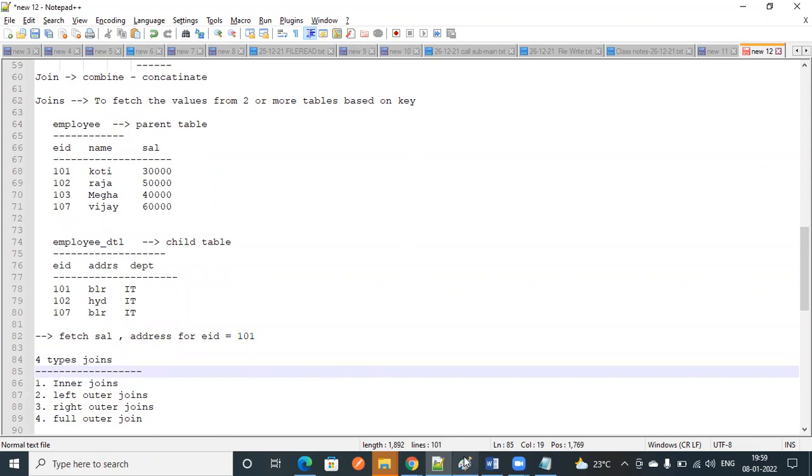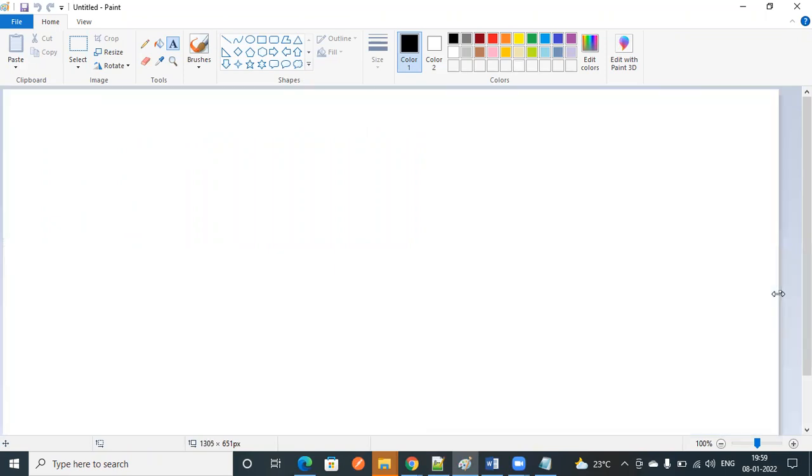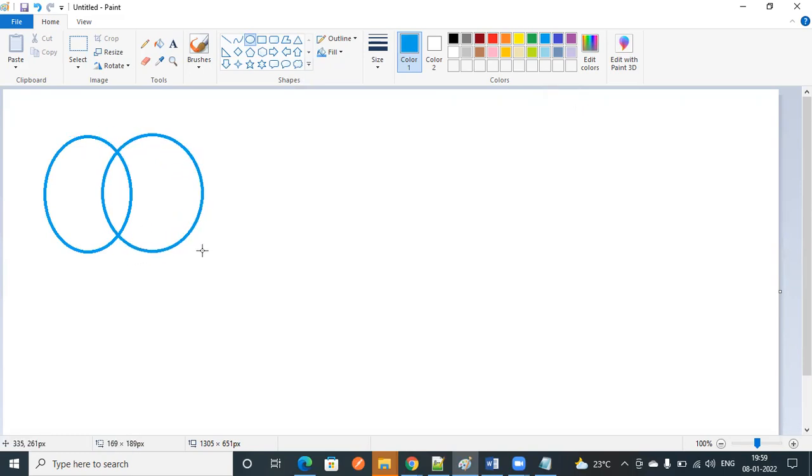We'll talk about joins over here. First understand the theory concept, then we can write the query easily. Just try to understand the concepts. This is the employee table. This is the employee details table.